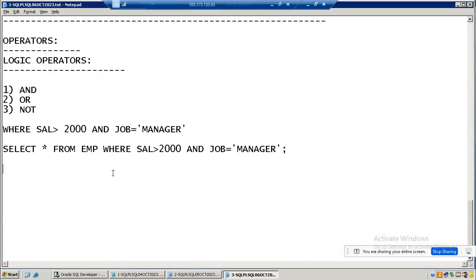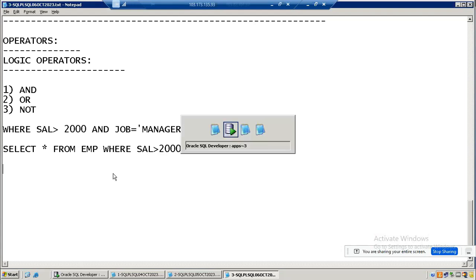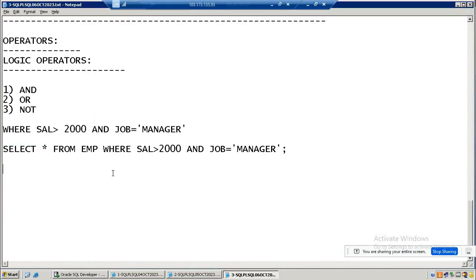Next, now I want to write three conditions: salary greater than 2000, job is equals to manager, and department number is equals to 20. How can we write this? See, this is my condition: the salary should be greater than 2000, and one more condition, that is job is equals to manager, and one more condition, that is department number is